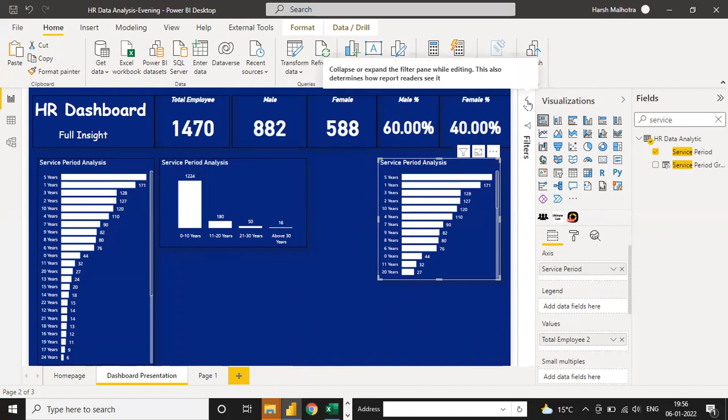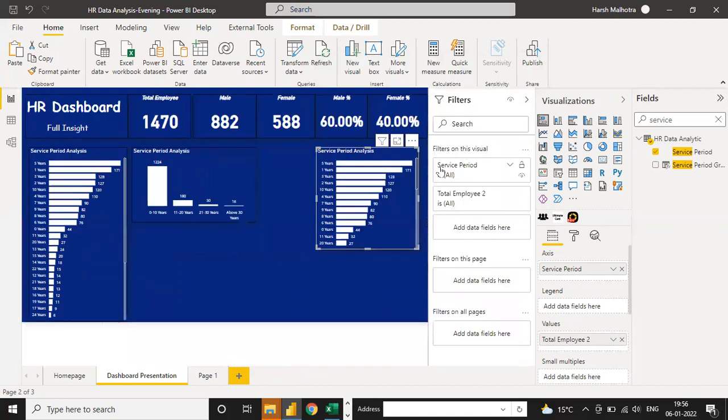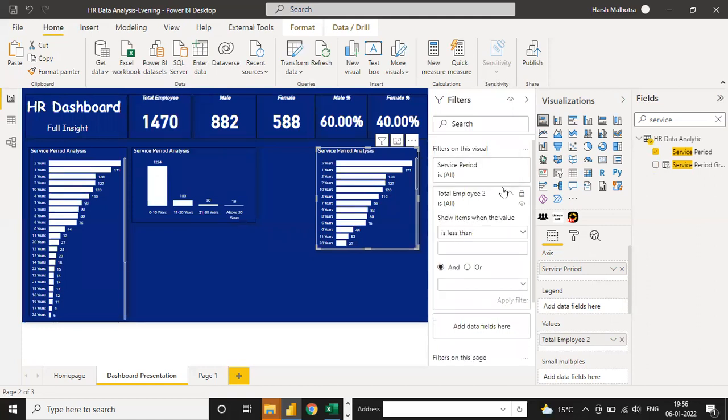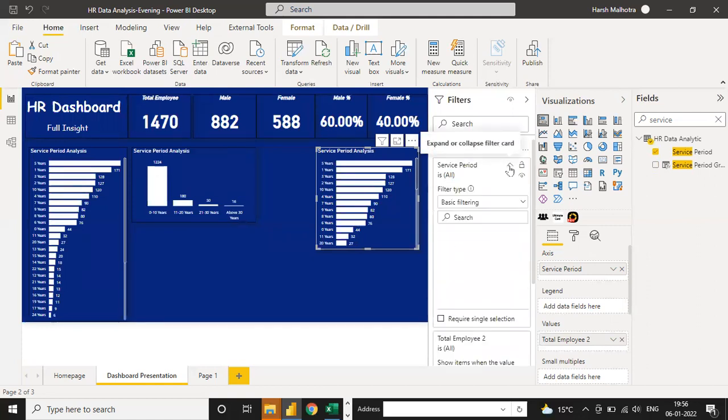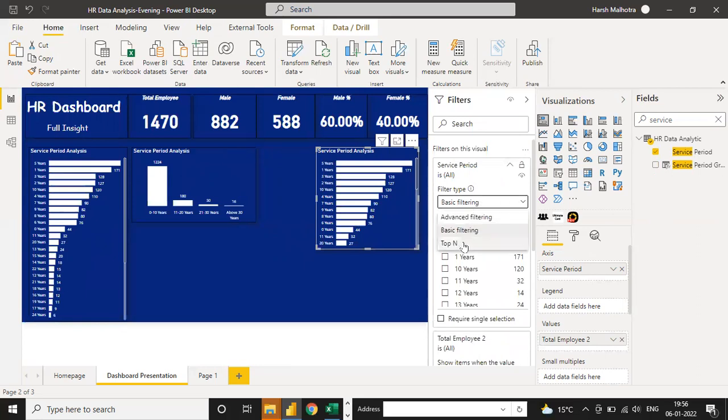Under this filter option, go to this filter pane. Select it, and you can see you have service period and total employee. Select service period, which is basic filtering. Select this and you have the top N function. Select this top N function.